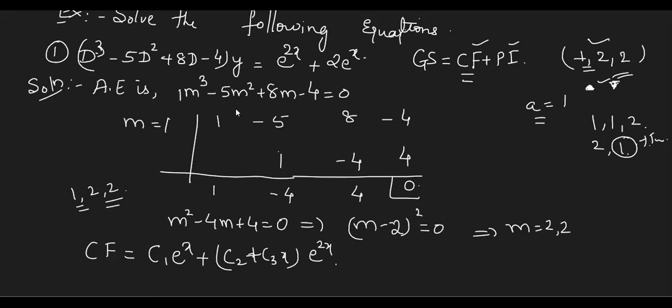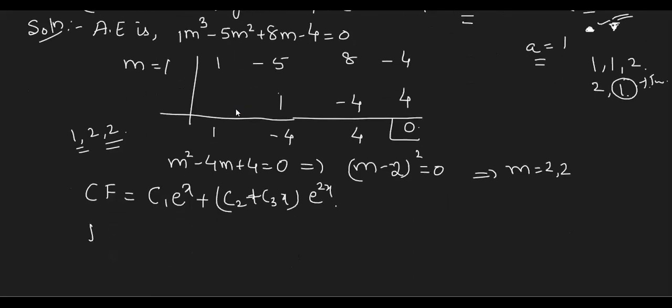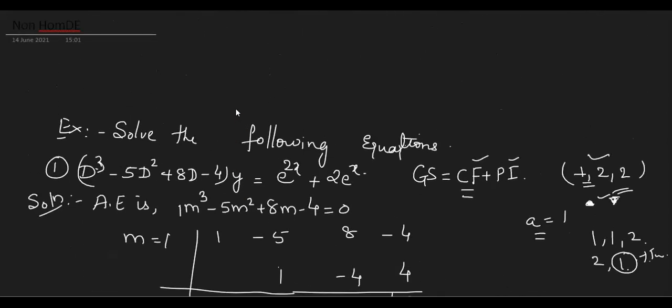Okay, now let us find PI. Do you remember the procedure for PI? Let me just recall it because I think we have taken it on Friday. PI is always of the form 1 upon f of D into phi of x. Suppose your phi of x is of exponential format, you have to see the coefficient of x. Coefficient of x is what? A here. So you have to replace D by a, isn't it?